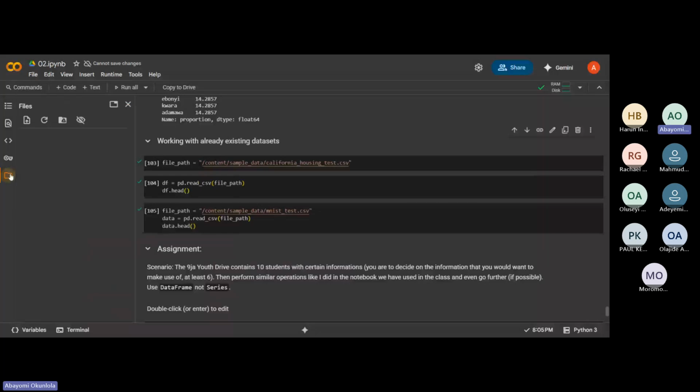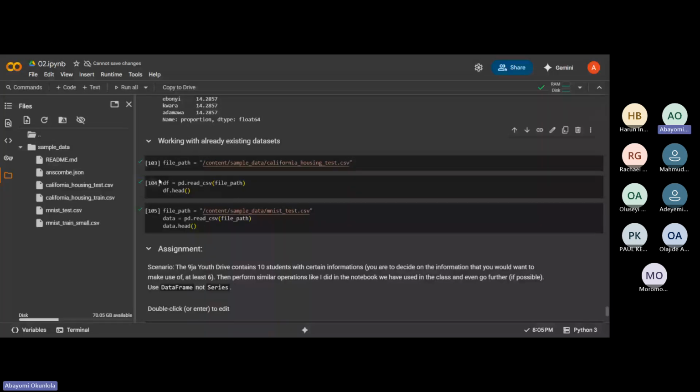You can see I have a folder called sample data. As you click on it, it expands, and I have anscombe.json, California housing test and train files, and the MNIST test and train files here as well.